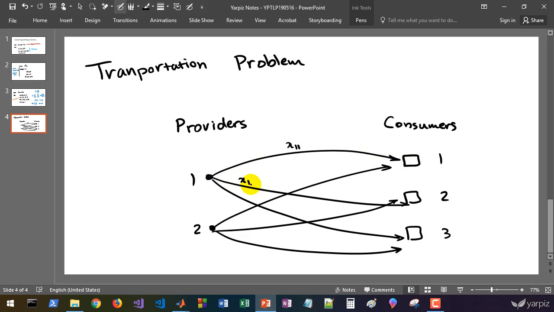And this is x12, x13, and x21, and x22, and x23. We have 6 unknown variables,